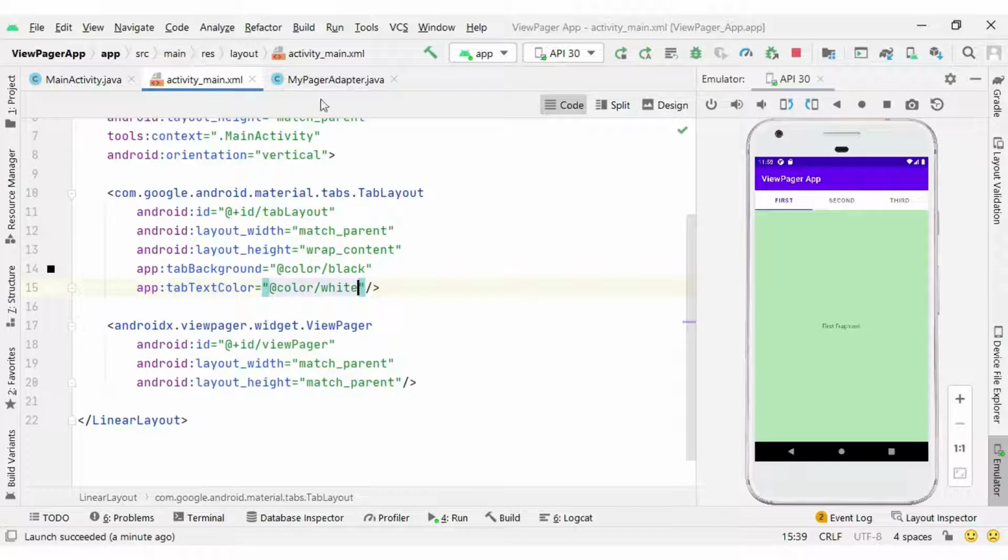Then it will display the text in white color. Let me run and check the output again. So you can see here first, second and third tab we have with background color black and text color white. So guys, you can design anything inside your fragment, whatever you are preparing will get displayed in your page.